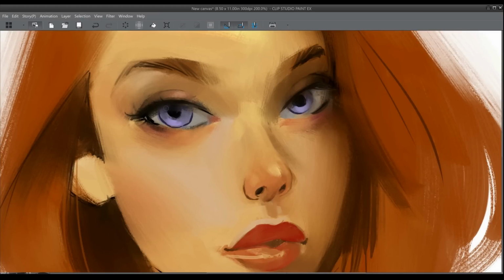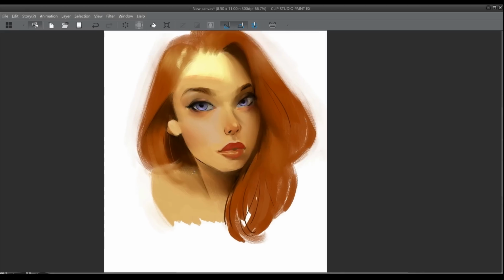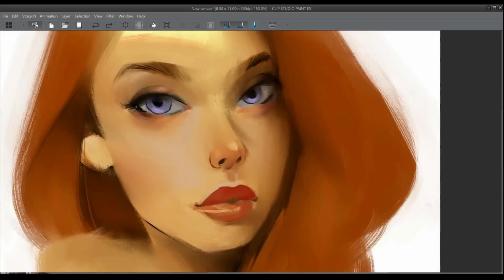And so moving into Clip Studio, it's really robust. I like the feel of a lot of the tools that they have, but again, when you have that comparison in your mind, like, well, I don't have this, and it doesn't feel like what I'm used to, there becomes that frustration. So as I was painting this, my frustration kept getting higher and higher because